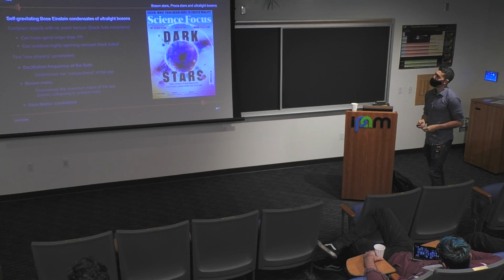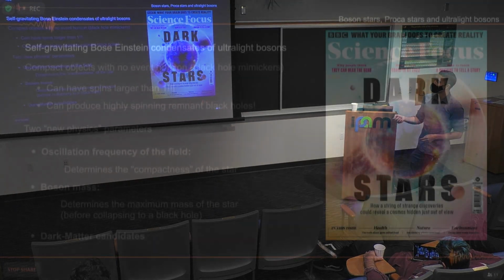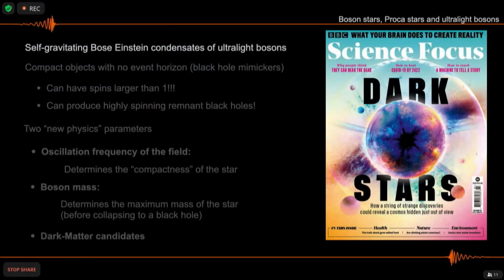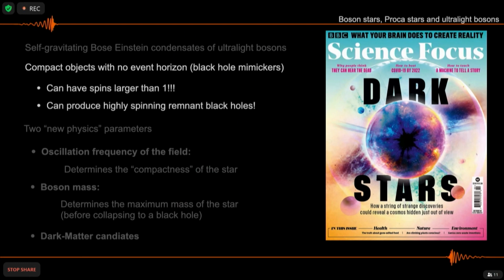Why boson-star mergers? This is not the reason why we looked at boson-star mergers. I will tell it later. But boson stars are essentially self-gravitating Bose-Einstein condensates made of ultralight boson fields. They can mimic most of the properties of black holes, but they don't have an event horizon. They don't have a singularity. And because of this, they can have spins larger than 1. So there is no problem with cosmic censorship. And because of that, they can give us the final black hole we were after. So this is actually the reason we explored this option.